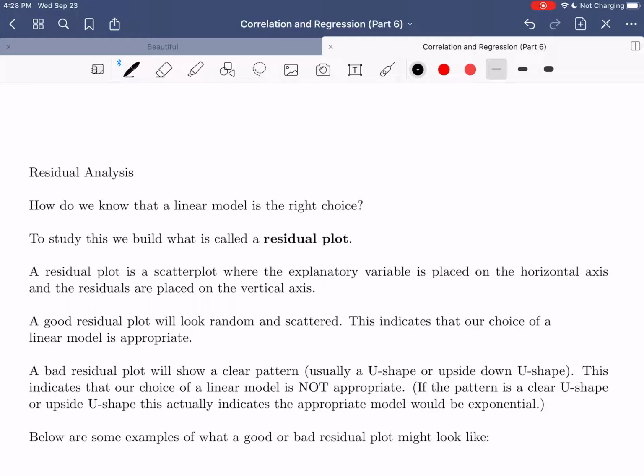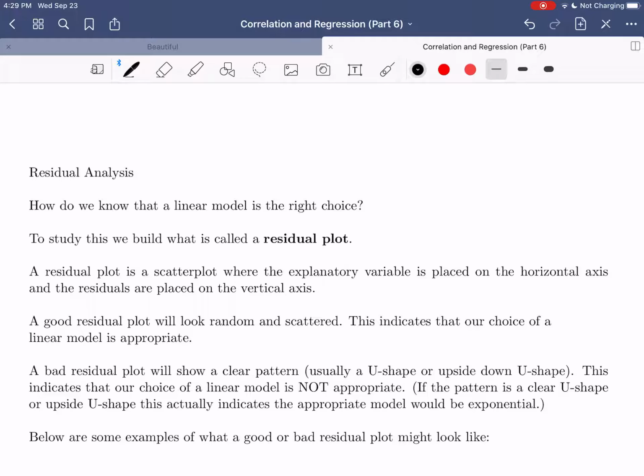In today's video, we're going to finish up our investigation of regression and modeling using the LSR, making predictions, all the stuff that we've sort of been building up to. We're going to wrap up that piece of our course by discussing a concept called residual analysis, which is basically a way of helping us understand if the linear model, the one that we've learned how to build in our class, is the right choice or if it's the appropriate model for